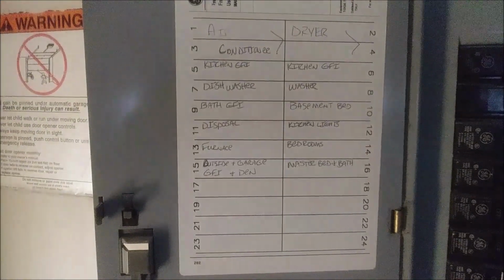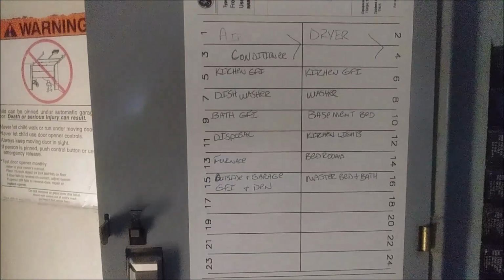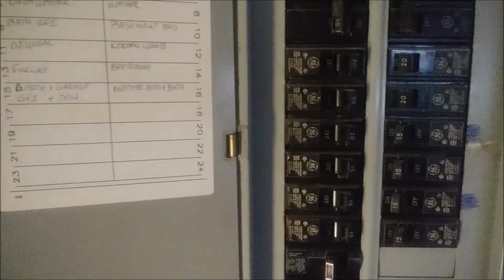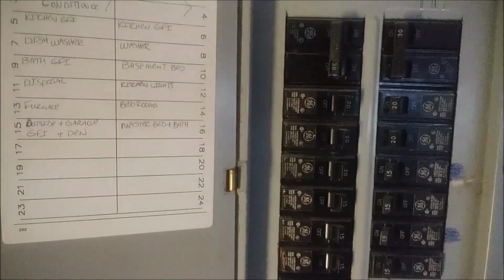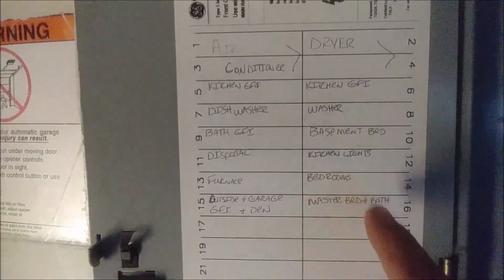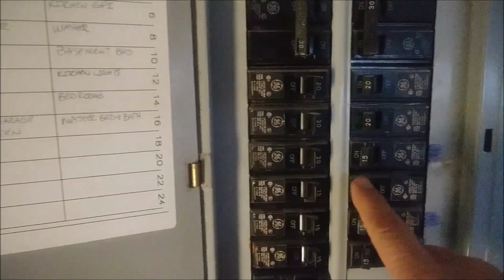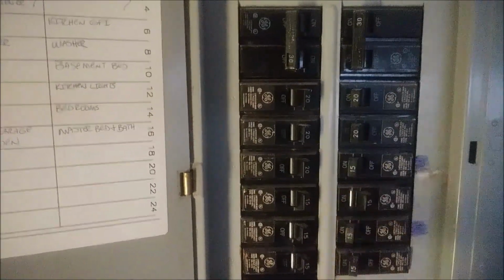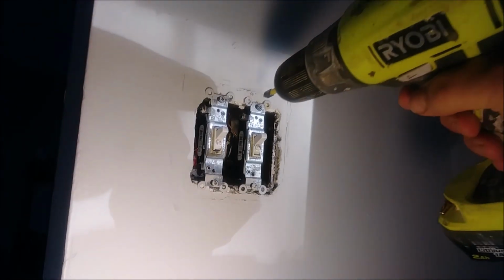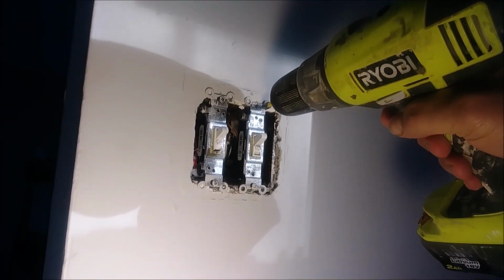So the first thing I would like to do is disconnect the light power here in the electrical panel. I'm looking here, and on 12, I can see kitchen light. So this is 12, and what I'm going to do is disconnect it. So the first thing I'm doing here is removing the switch from the